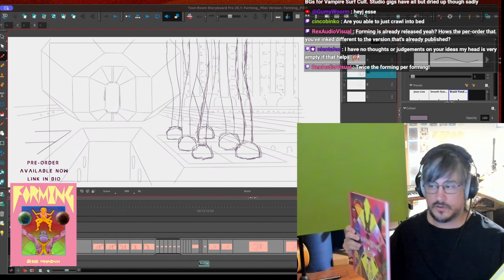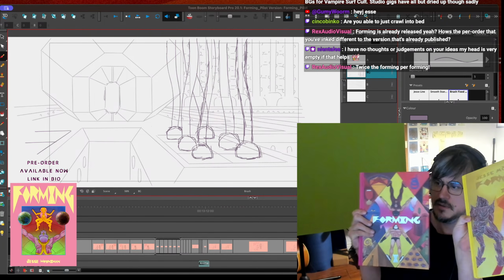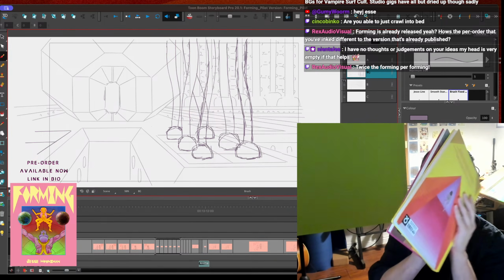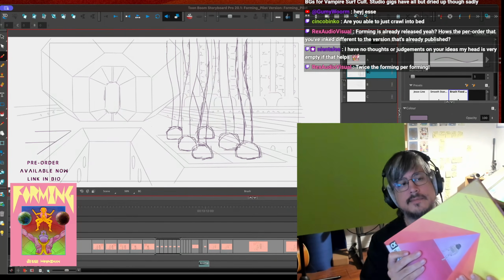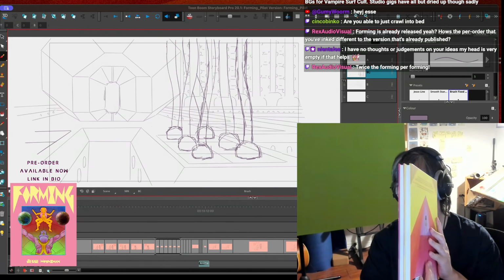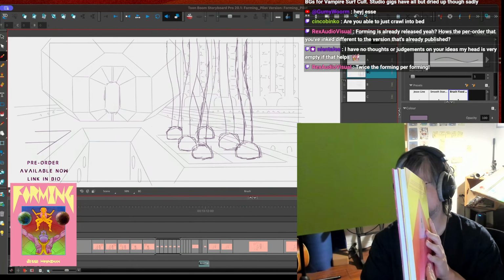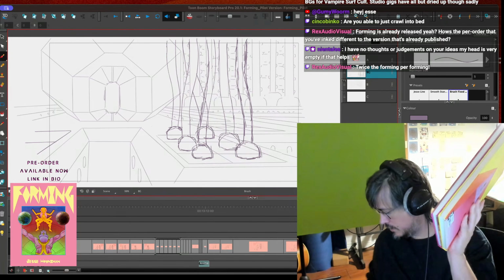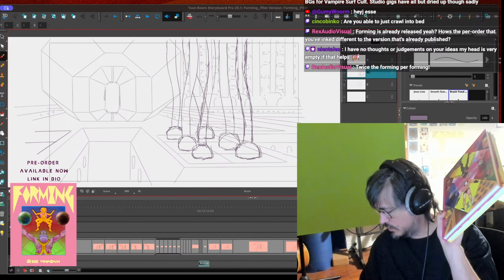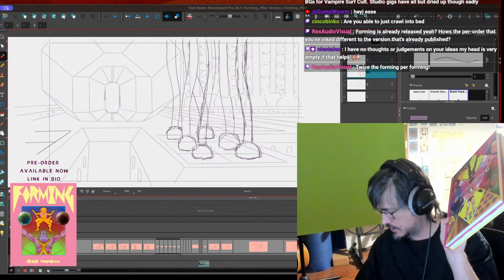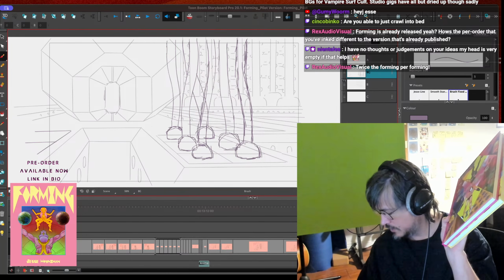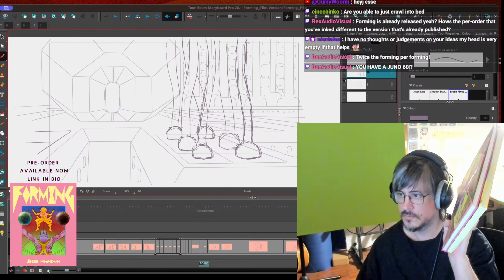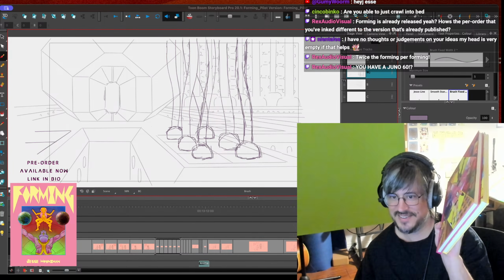So here's the first two volumes of forming that No Brow put out, and so that's like the first half of the book, and then I don't have my new preview copy because I sent it to a famous person to promote it.